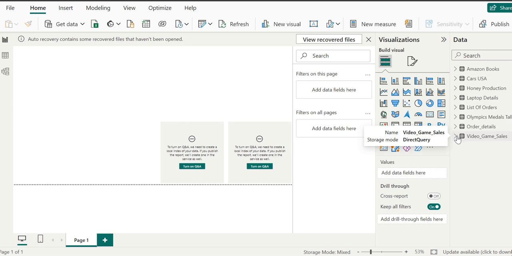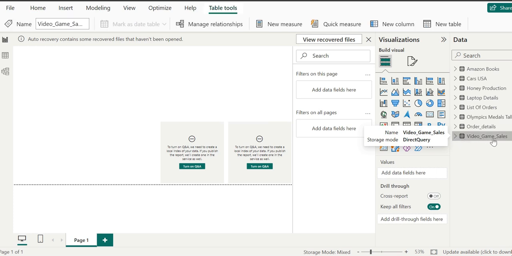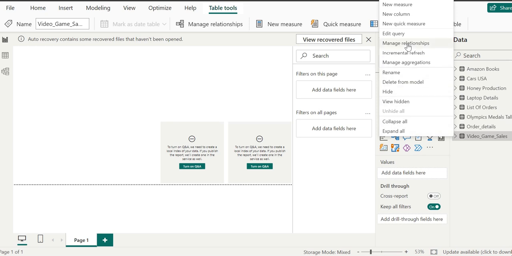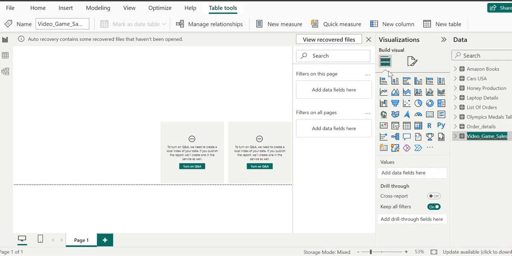So what we will do, we will just simply click here and we will see here the option of rename. So you can see I will just want to separate this and this place, and video game sales should be the name, and this will be the name now.